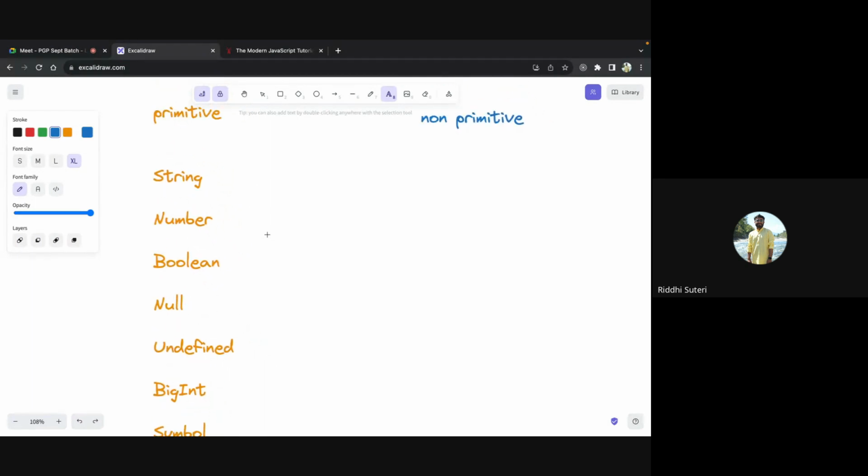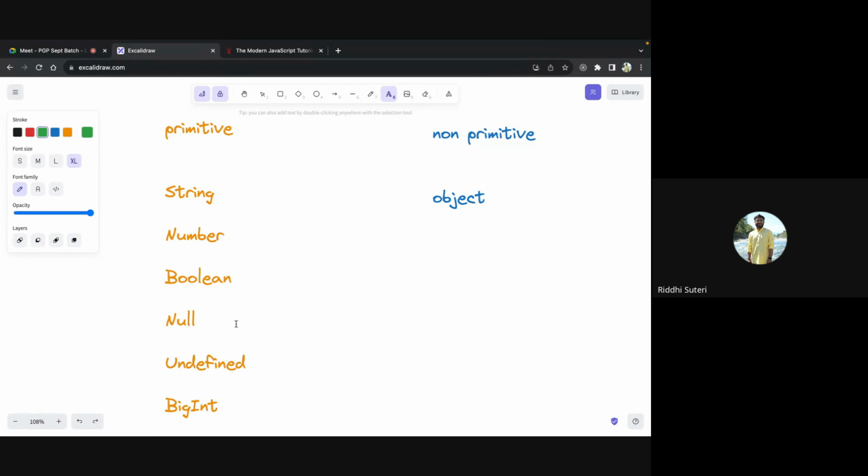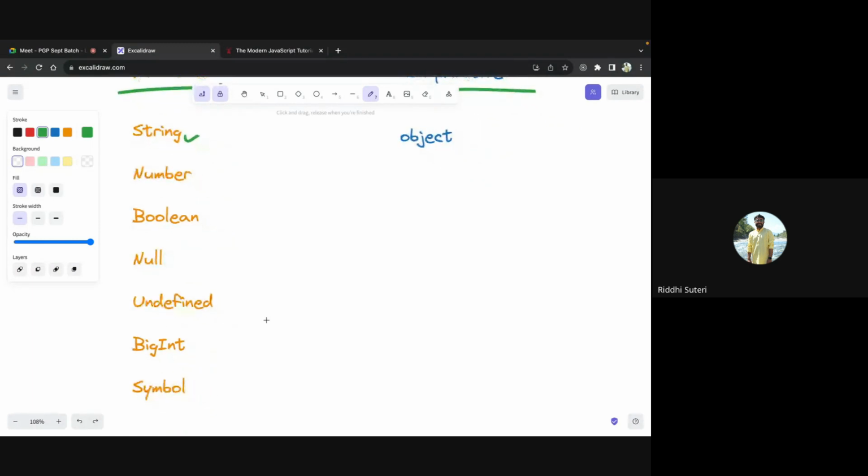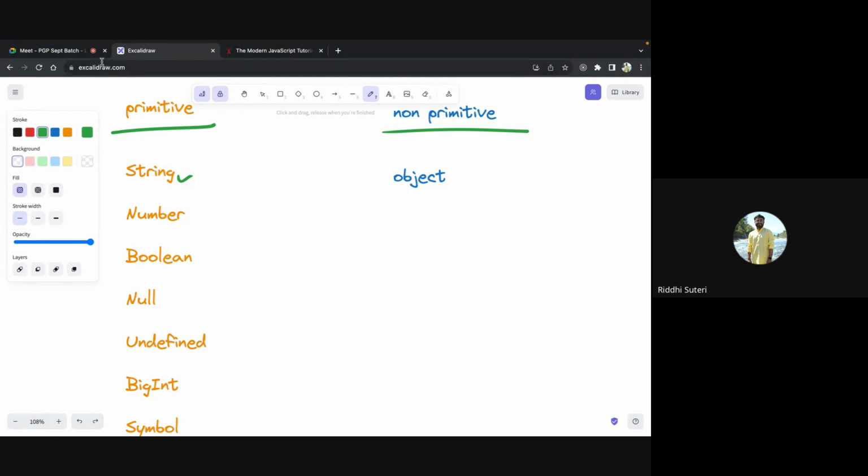In the non-primitive, we have one which goes by the name of object. That is a very, very heavy topic. Obviously, we cannot discuss object in the current class. We have specific classes to discuss object. But at least we'll talk about the following data types that we have written here so that you can get a quick idea about them. We'll talk about these data types in the current class with some examples. And we'll try to understand, if I give you a type of data, you will be able to say, okay, it is of a string type, or this type, or that type. I believe the difference between primitive and non-primitive must be clear to you.